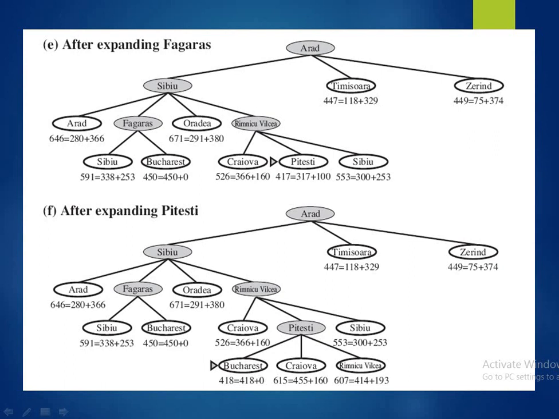Okay, so as Pitești has less value than all these five cities, it gets considered for the next expansion. Pitești has three different cities, that is Bucharest, Craiova and Râmnicu Vâlcea. So from Pitești to Bucharest, the lowest cost is 480, and that is our goal point or goal node. So we have to stop there.